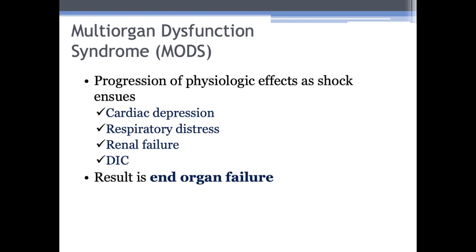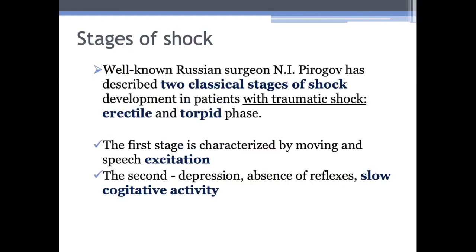So if we are going to discuss the classification of shock and division into stages, we have two main types of classification. First of all, it's the classification of mostly traumatic shock, which divides shock into two stages, erectile stage and torpid phase. The first is characterized by motor and speech excitation, release of catecholamines, and the renin-angiotensin-aldosterone system, but it usually lasts 15 minutes to half an hour, and then if we have severe damage, the patient with traumatic shock becomes more torpid, so more slow. We will see depression, slow cognitive activity, absence of reflexes,